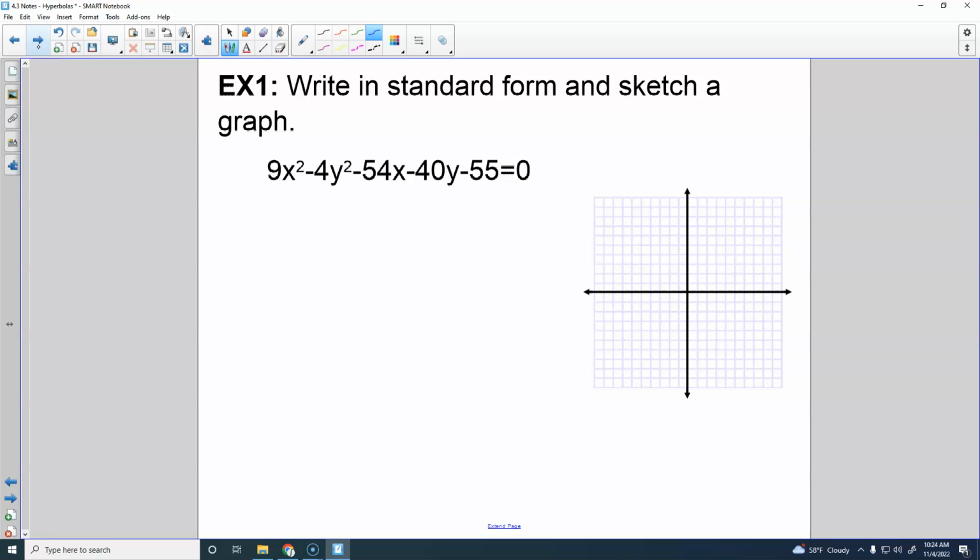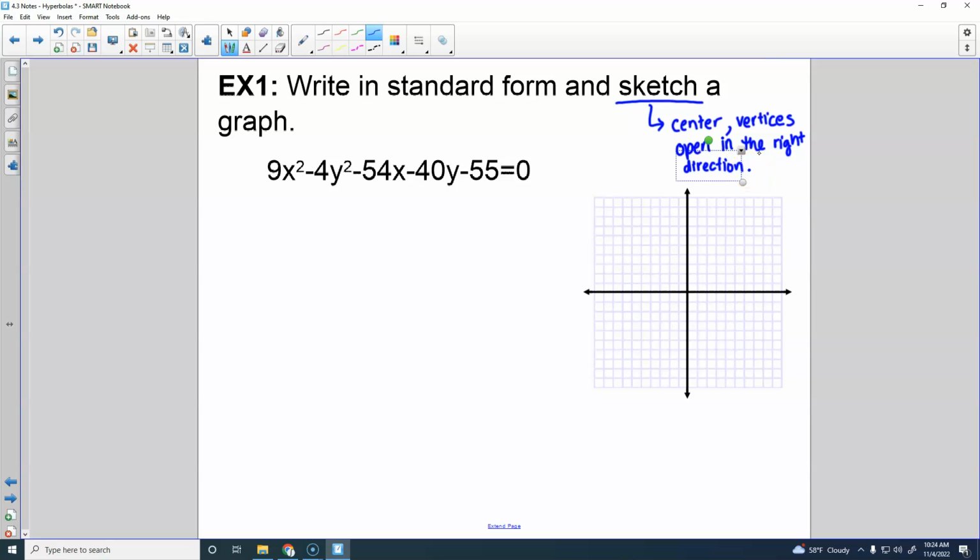Okay, so let's look at example 1. We're going to write in standard form and sketch a graph. And when I say sketch, it's going to be a rough sketch. When I say sketch a graph, what I'm looking for is the correct center, the correct vertices, and it needs to open in the right direction. And that's basically it. You could get much more specific with that, but we're just going to do like a